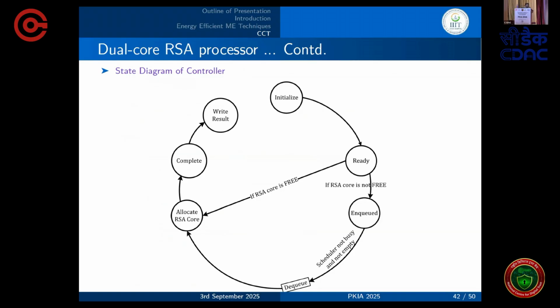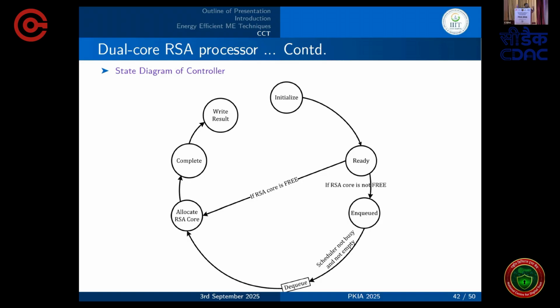If the core is not available, suppose we have only two cores, but we receive 3 cryptographic transformations at a time. Then with the help of 2 cores, you can perform only two operations. So the third operation will be enqueued in the queue. If you are assigning priorities to the tasks, then the highest priority, in the sense, the task having the lower number, will be performed first. Otherwise, the same queue can act as first come, first served.